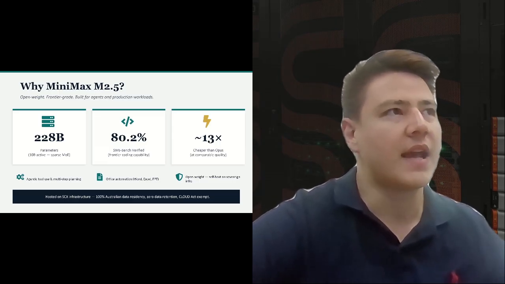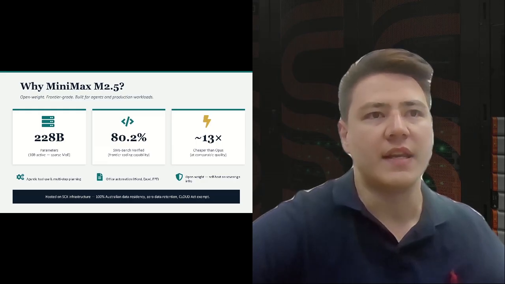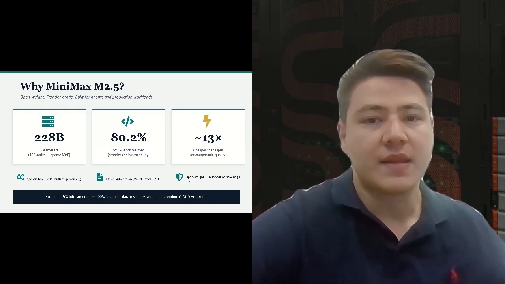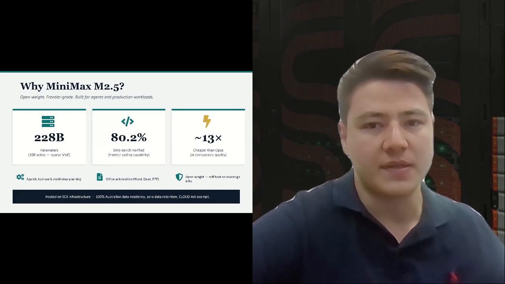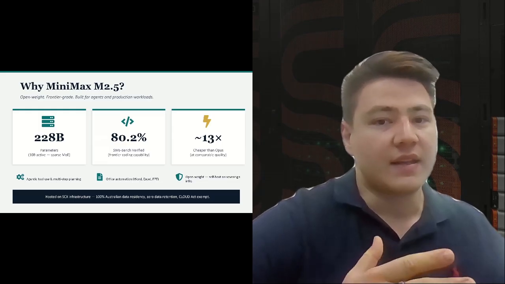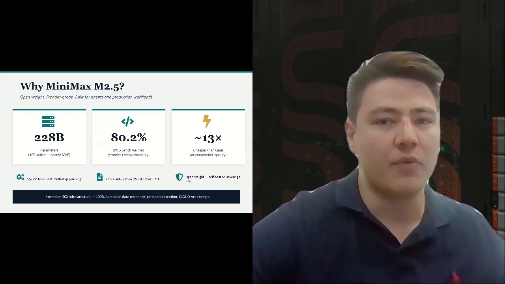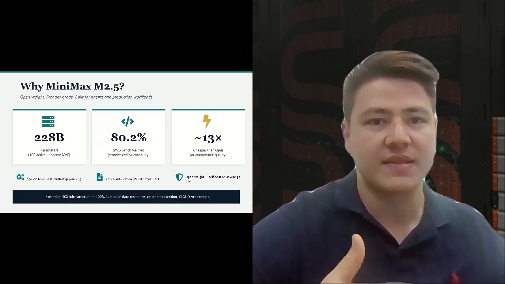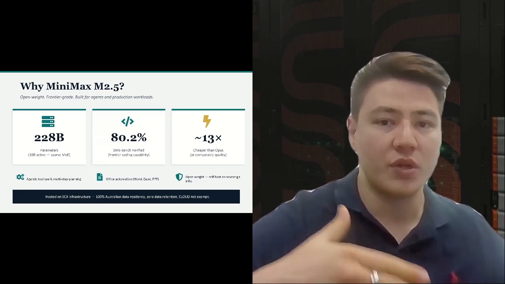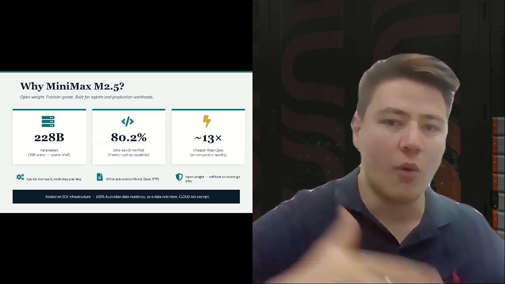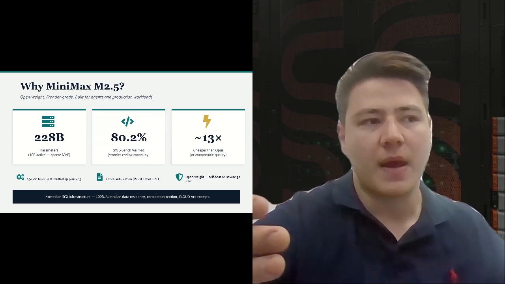And I think the key takeaway for MiniMax 2.5 is its efficiency. It's 13 times cheaper than Opus. That's an incredible magnitude. I mean, you're getting almost the same output, but 13 times less the amount of tokens used, which equates to you lower cost. And if you think about it from a